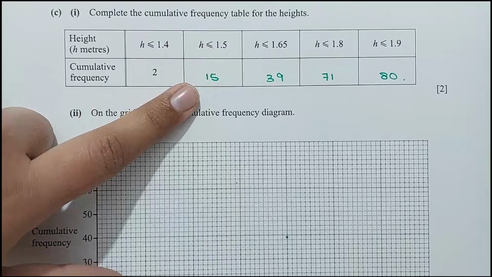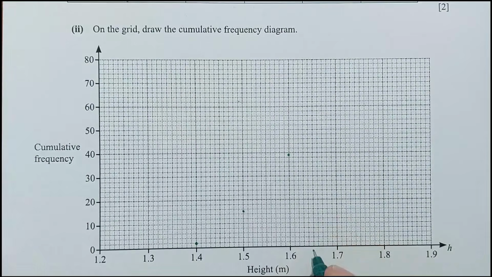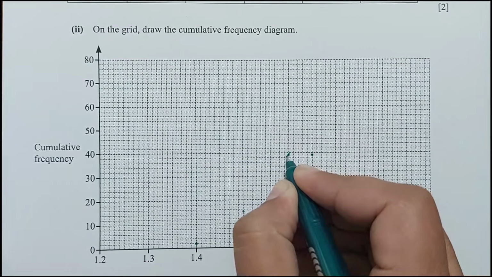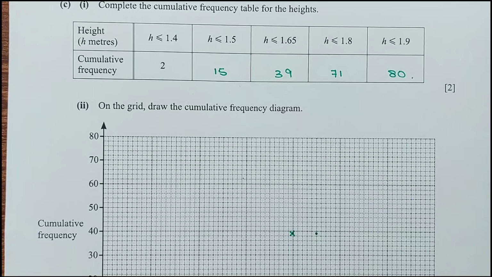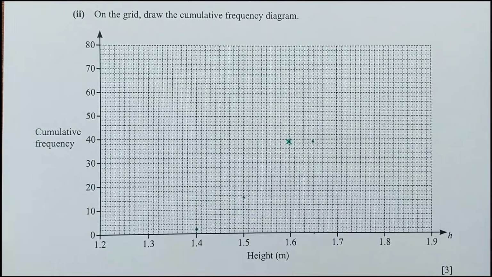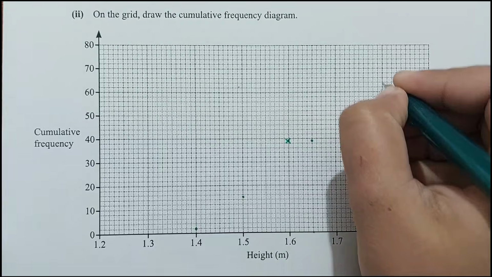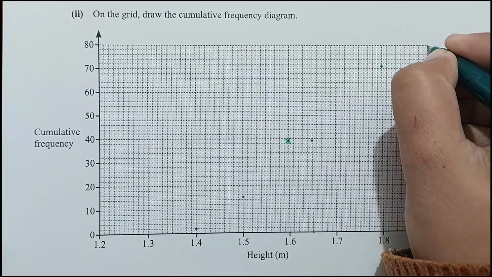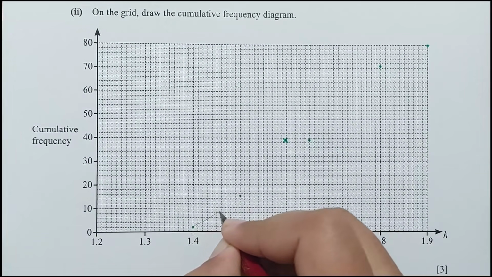1.4 is 2. 1.5 is 15. 1.65 is 39. Now 1.6, this is 1.65 over here. This is not the point, right? Next is 1.8 and 1.9. So for 1.8, it's 71. Okay, this is 70 and 71, and the last is 1.9, which is 80. Okay, so at this point,